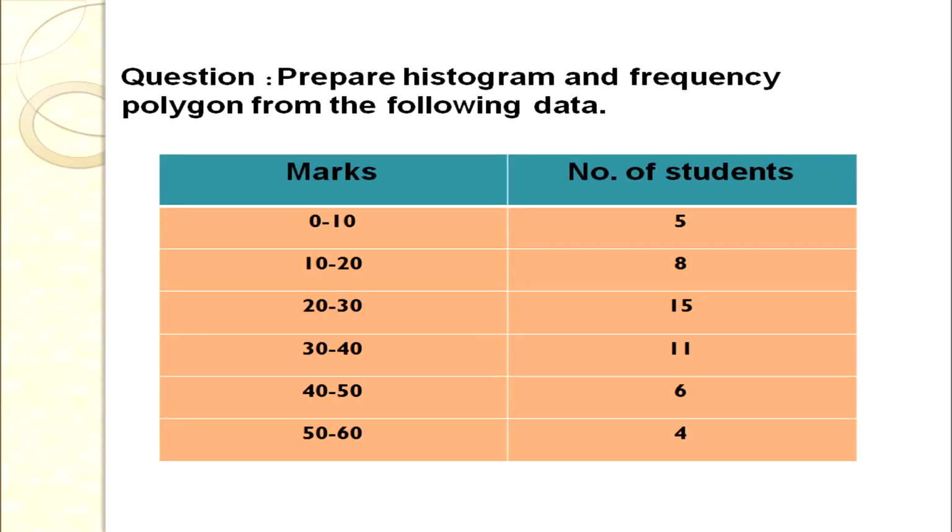So this is a particular question which tells us to prepare a histogram and frequency polygon from the following data. Now the first step: we know that a histogram can be constructed in case of equal class interval as well as in case of unequal class interval. So we will first see what category it is. We can see the data have the same equal class interval gap, that is of 10. So it is a case of histogram with equal class interval. We can easily plot, we do not have to adjust the frequencies.